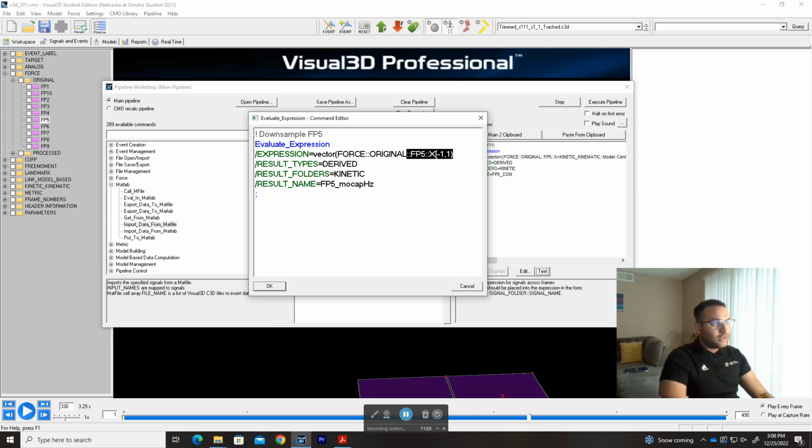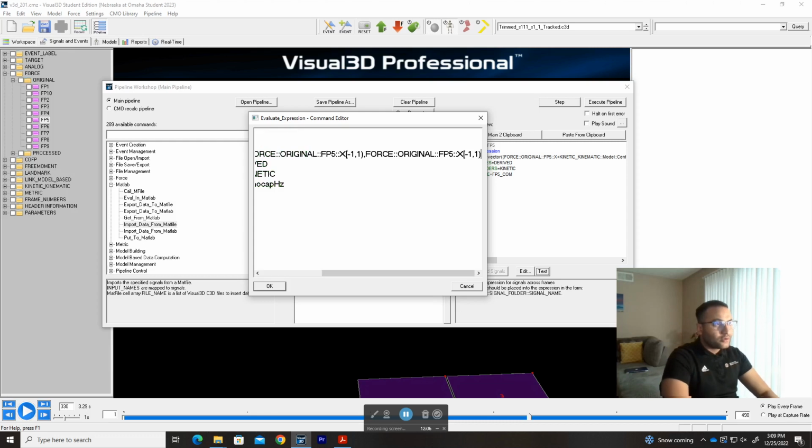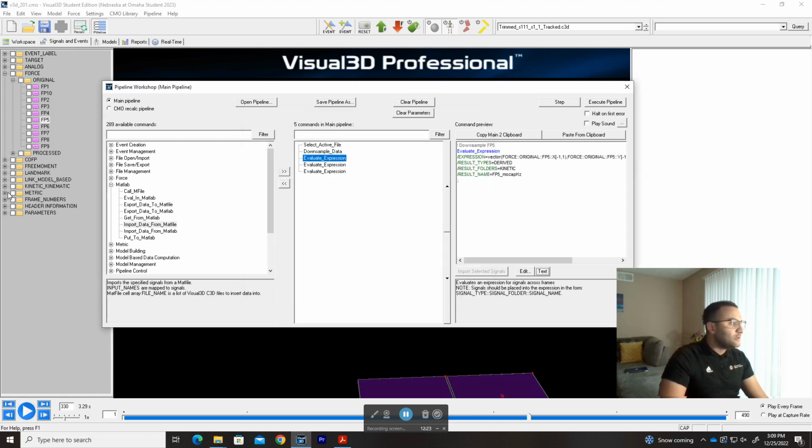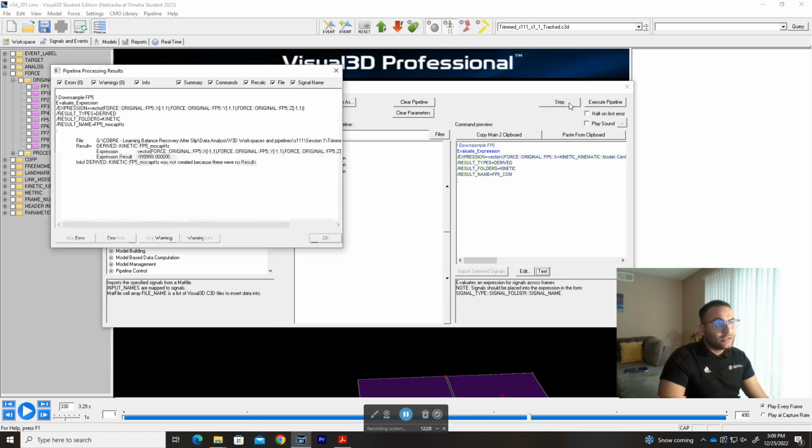Then we do the same thing for, and every time you want to add another column or coordinate to that specific vector, you just put a comma. So comma, we do the same thing for y, and then comma, we do the same thing for z. Technically this should work, but let me just make sure, yep, okay, it's fine. Alright, so when I hit step,